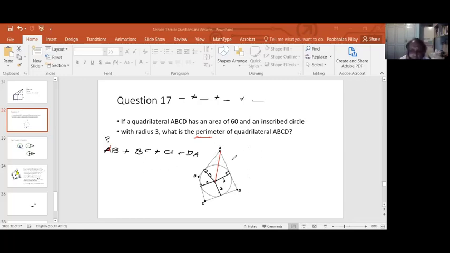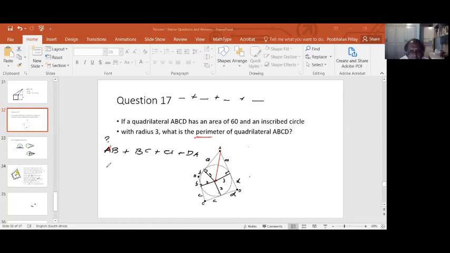Okay, so we don't know that, but what we do know is that these two are equal. We just said so. They are tangents from a point outside to the circle. And likewise, this, so I'll call them little a shooting out from capital A, and I'll call this little b, which is shooting out from capital B, and these, call this little c. They're all equal because, from what we just said, from a point outside the circle, if you draw 2 tangents, they have equal lengths. So now,